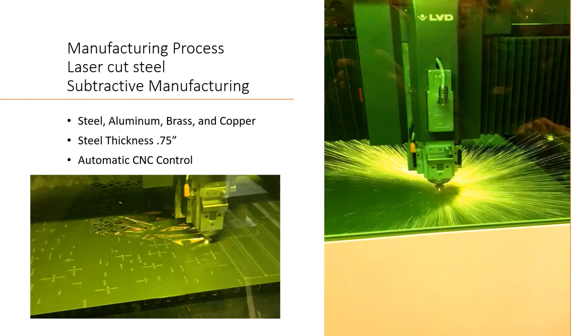So again, if you're talking about creating a bench, for instance, somebody's going to have to sit on that. If you cut away 95% of the material and you're only left with 5%, that's a very extreme example, but there's probably not enough structural integrity. There's not really a perfect ratio to say you can only cut away 50% and that's the max. The next variable you would have to consider, based on the amount of material that you are removing,